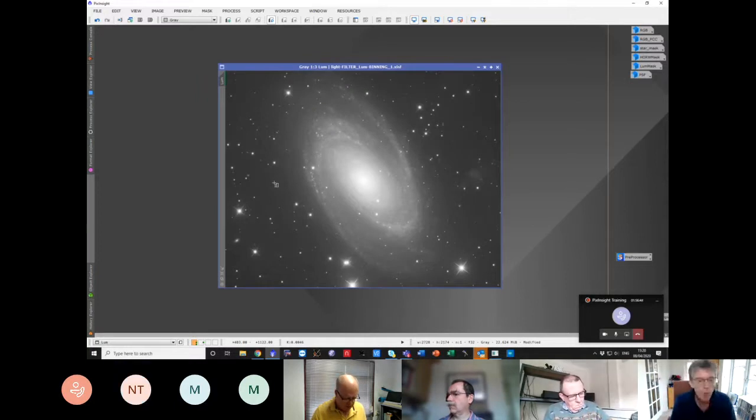So again, we're going to create a small preview, and we're going to choose a sort of darkish part of the image. And then in process,